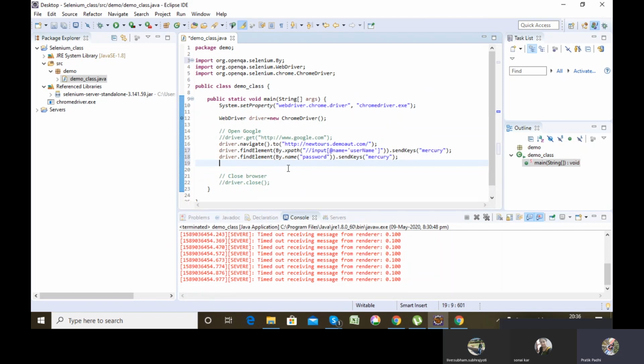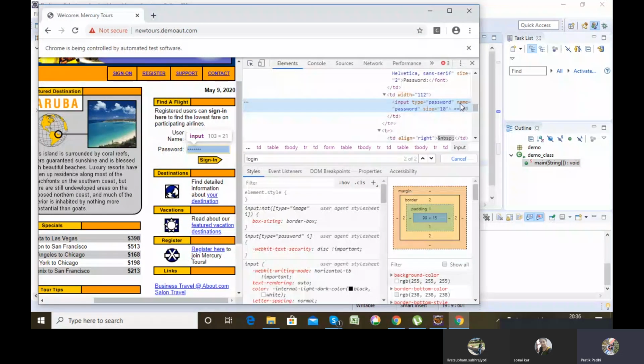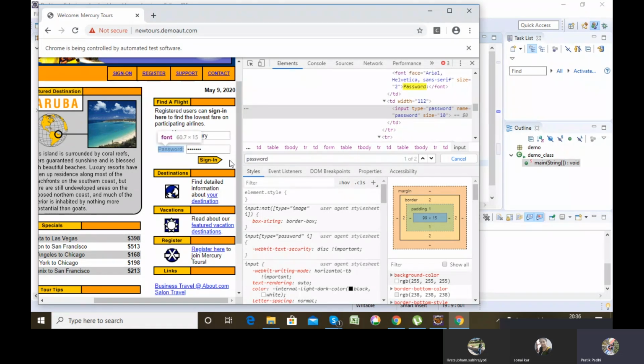There is a name attribute whose value is password. While searching password in the search field, I find only one web element whose name attribute has the password value, so it is unique with respect to the name attribute.